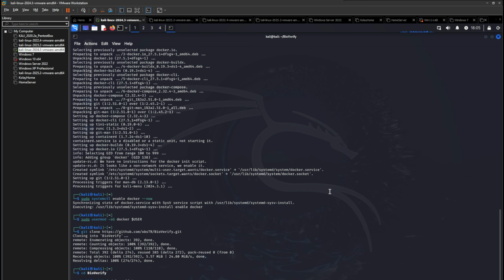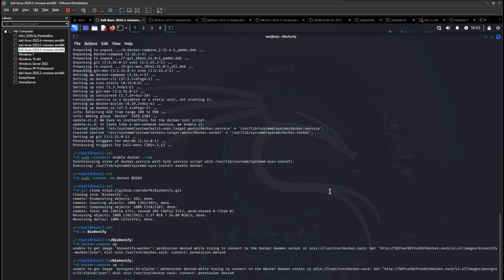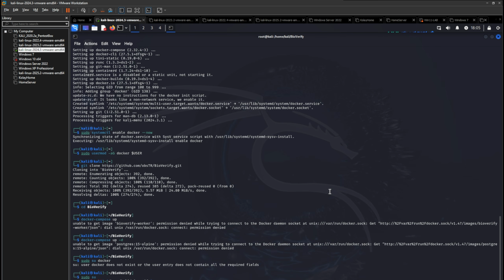Now we can run Docker. Let's run as root. Not suggested, but